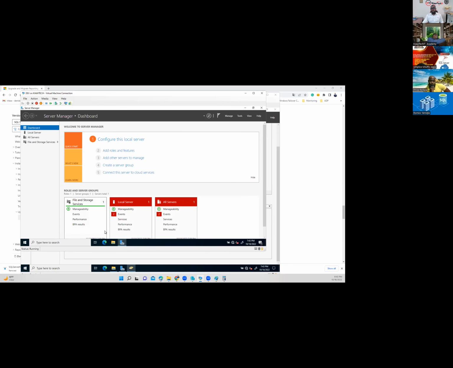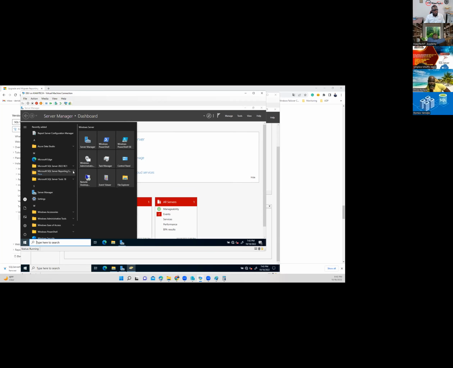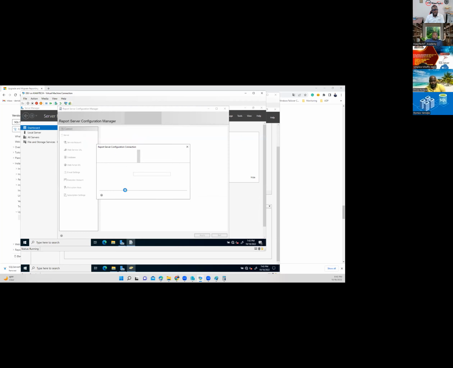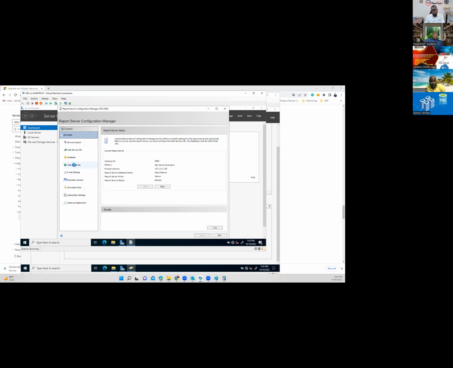But how do we see it? Now, we've done something. So let's see if we're able to visualize it. So if I click back here and go back, you see here the folder has been created, Microsoft SQL Server Reporting Services. You have the Reporting Services Configuration Manager here, where you can literally use it to run. So if I open it back and go back, yes, and connect, you'll be able to go back on web URL. And if you click on this,